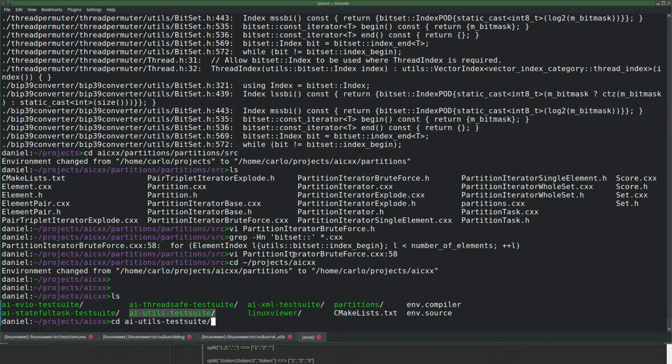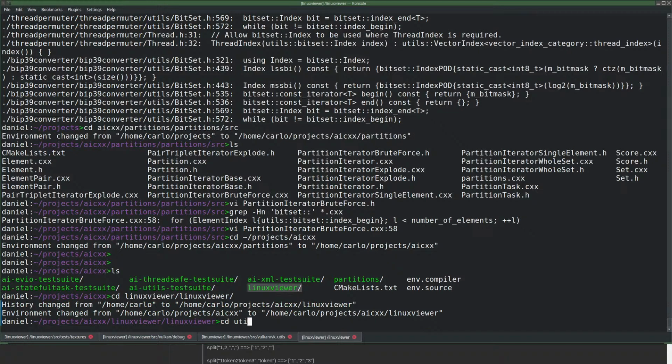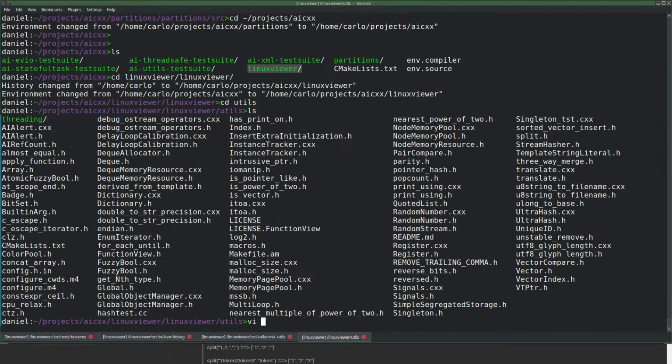Well, might as well go into Tenixure, and then into utils. How do you find tokenizers in this much stuff? Well, it should contain the word token.